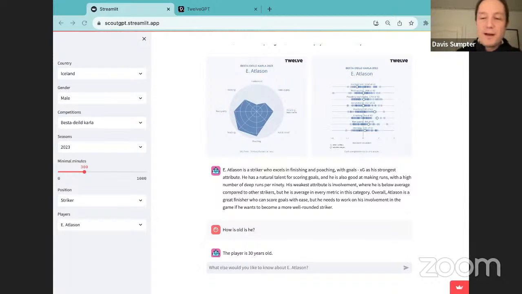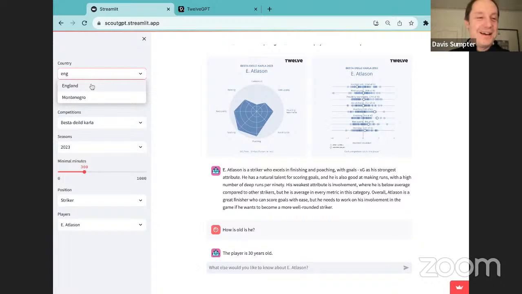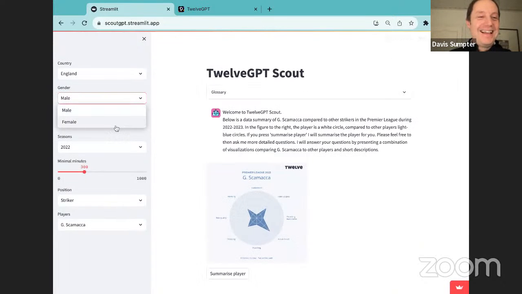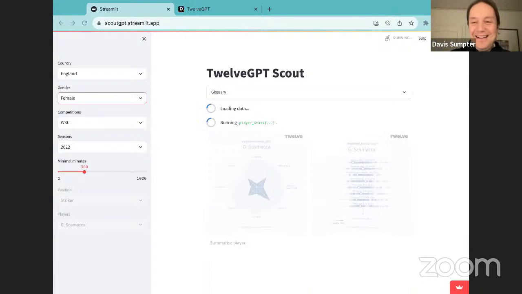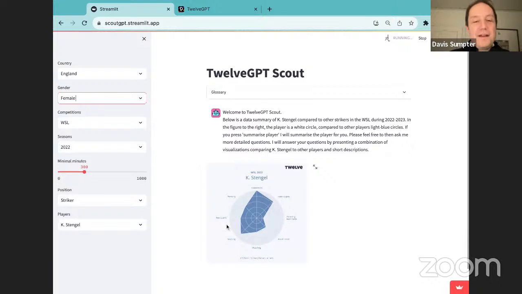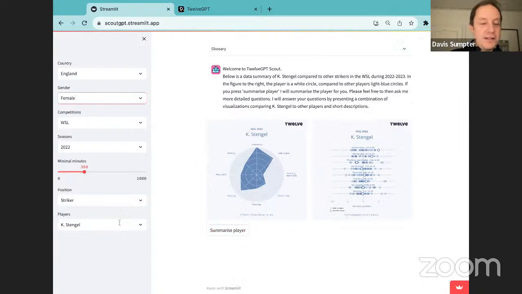I've got a question from Elise Sumpter here, who seems to be worried that it's not covering women's football. And of course it covers women's football, Elise. So you can look, for example, in the Women's Super League in the UK, and I'm going to take